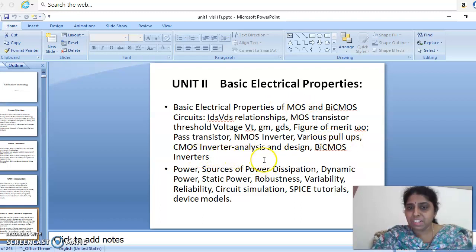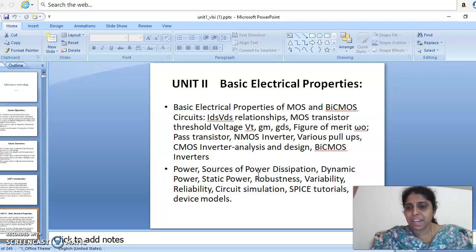Then CMOS inverter analysis. The most important topic is the CMOS inverter and its analysis and design. Then BiCMOS inverter, basic BiCMOS inverter and the improvements. 4 circuits of BiCMOS inverters, and comparison between CMOS and BiCMOS, CMOS and bipolar, and next is the sources of